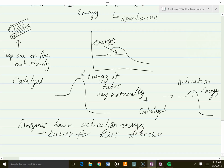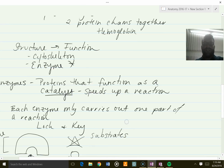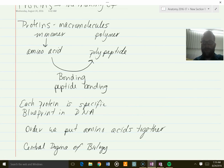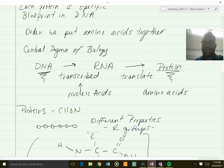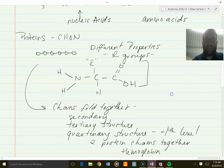Okay. All right, so that's a quick tutorial on our proteins. Proteins are one of our macromolecules. They're made of amino acids. They get bound together to make a polypeptide. Those things fold together, and that leads to the final structure of the protein. Right? It comes from our DNA. That's how we get our final structure, based on the sequence of amino acids we receive, based on what